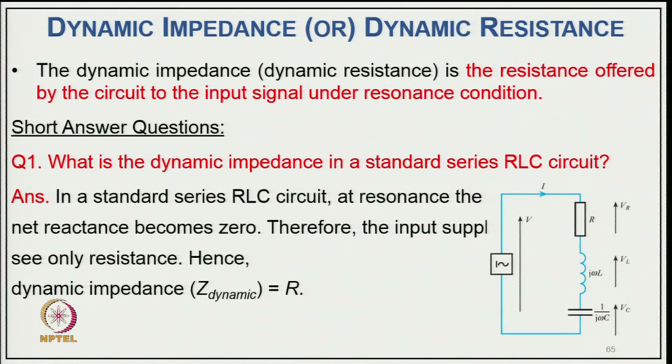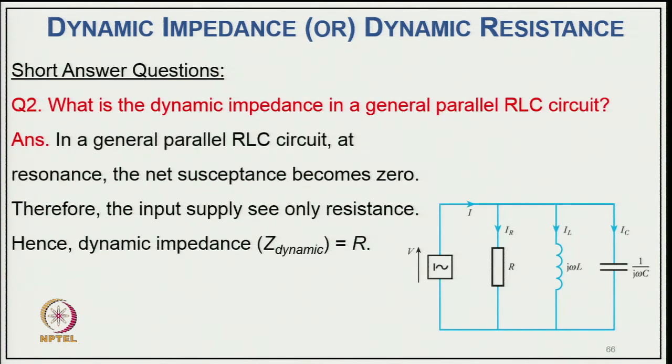and typically short answer questions. Now, what is the dynamic impedance in a standard RLC circuit? It is, in a standard RLC circuit at resonance, the net reactance becomes 0, and therefore the input supply sees only the resistance, hence the dynamic impedance is your R. And what is the dynamic impedance in a general parallel RLC circuit? In a general parallel RLC circuit at resonance, the net susceptance becomes 0, therefore the input supply sees only the resistance,